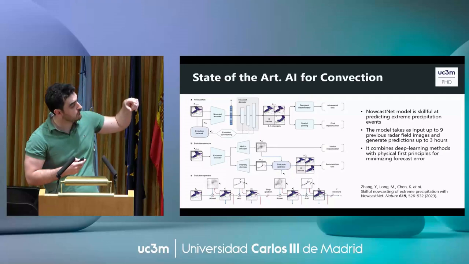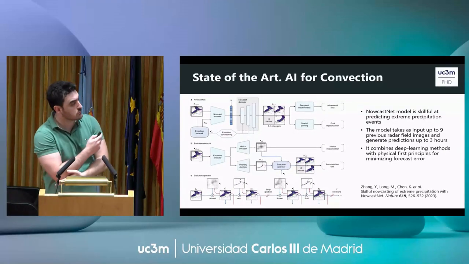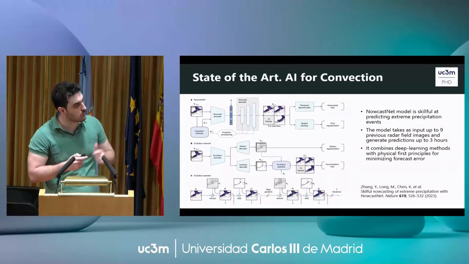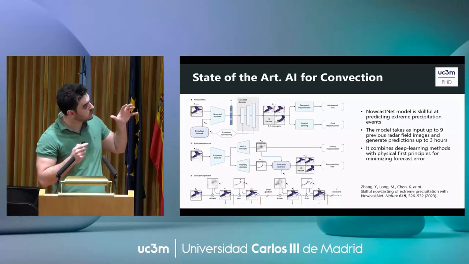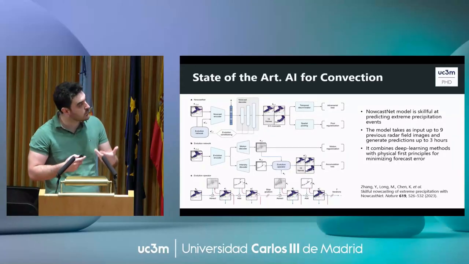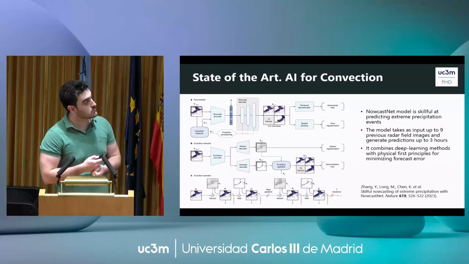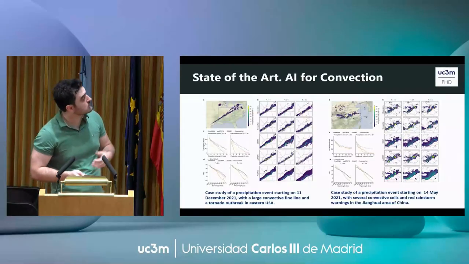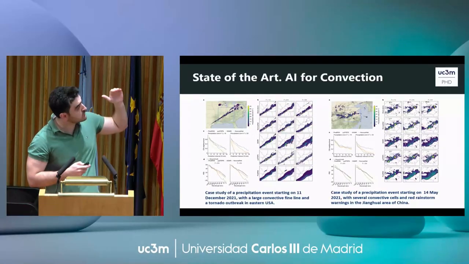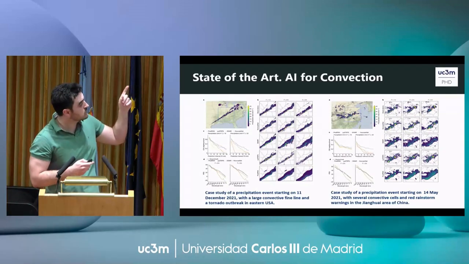Here you have an example of the NowcastNet model that in 2023 was kind of the cutting-edge model. Now I have seen that there are others that improve a little bit on this model, but it was kind of paving the way of using the radar information in order to generate a proxy for convection. Here you see some of the results in which they used this model to predict the evolution of the front in different storm cases, one in the US and one in China.